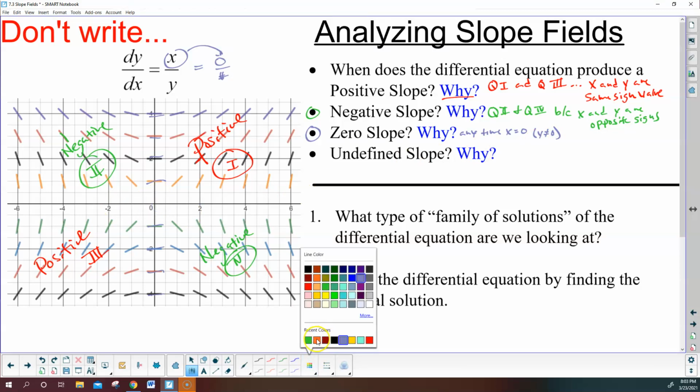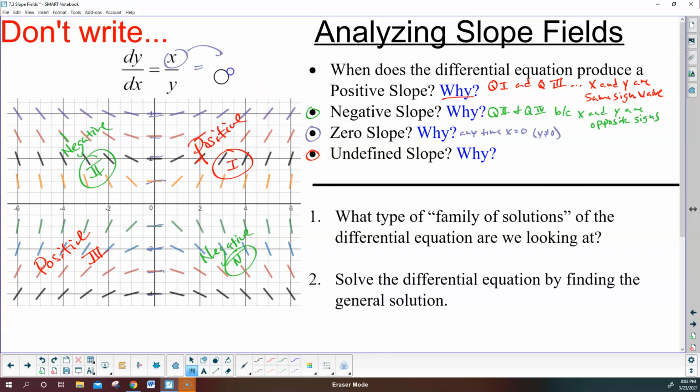And then the last one, notice something here. This is kind of important. I'll use red. When do I have an undefined slope? Well, what has to be true for an undefined slope? An undefined slope is whenever we divide by 0. So I don't care what number I have on top. I cannot divide by 0. Now, think about what an undefined slope looks like. An undefined slope